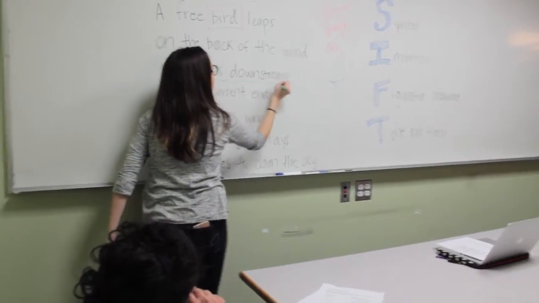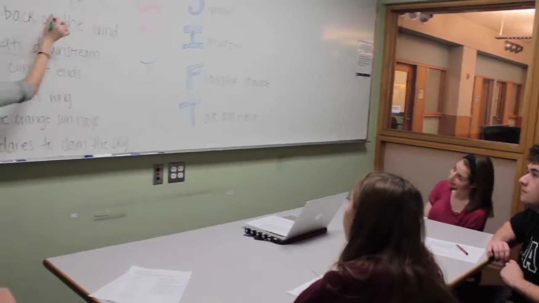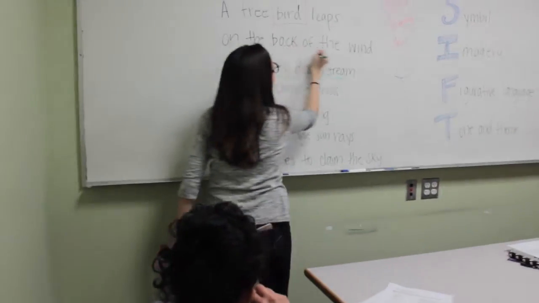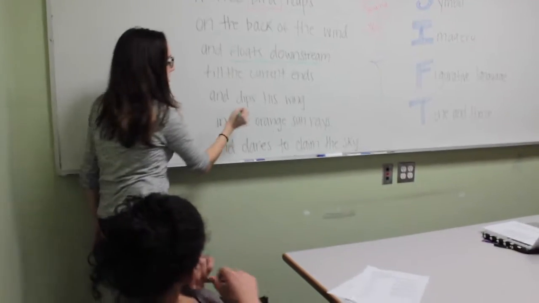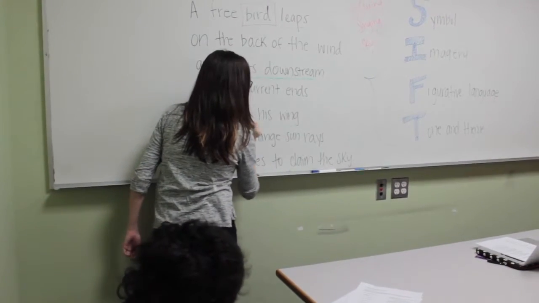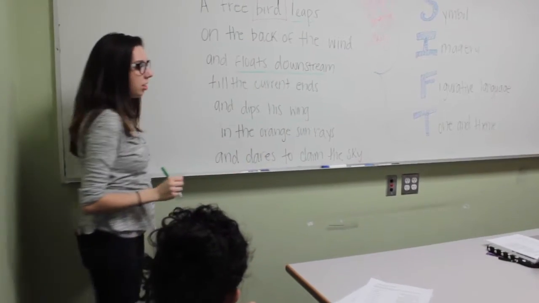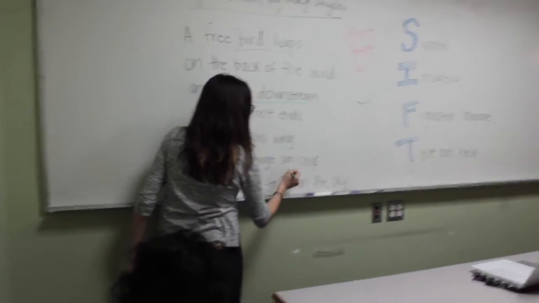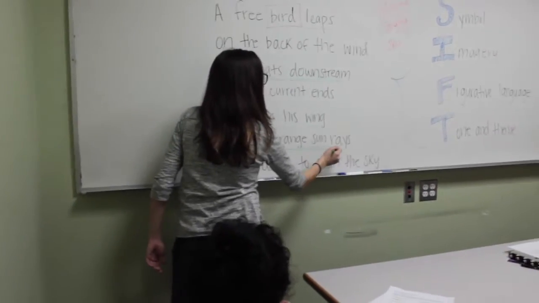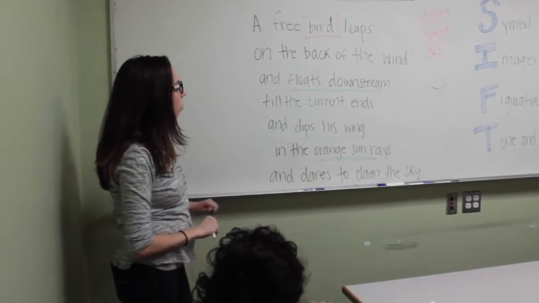Wonderful. Floats downstream. Joanna? Leaps on the back of the wind. Ooh, I like that one. Leaps on the back of the wind. What else? Dips his wing. Dips his wing. That's a good one. Any other images? Orange sun rays. Orange sun rays is a really good one. Wonderful. Okay, now,